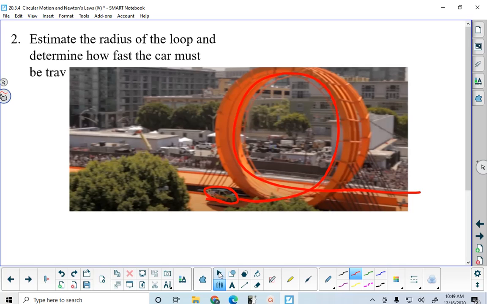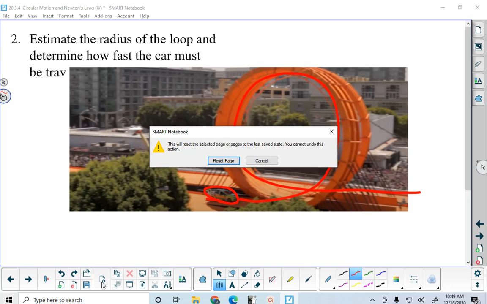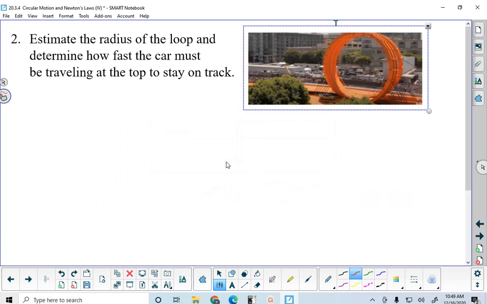What we're asked to do is estimate how fast the car must be traveling when it gets to the top to stay on track. So I'm going to estimate the length of that car to be, I'll say 7 feet. Typical kind of length of that type of a car. And I guess what I'm interested in is